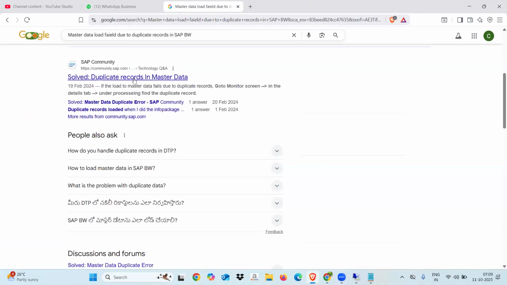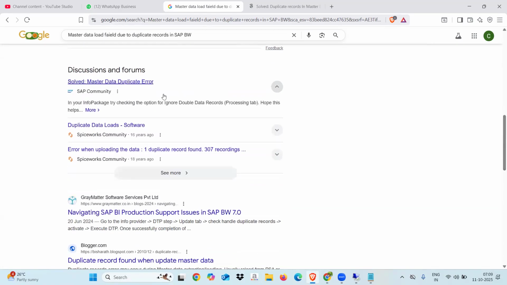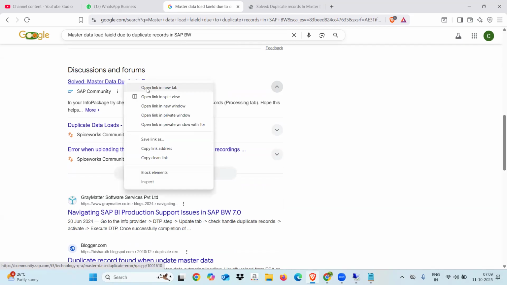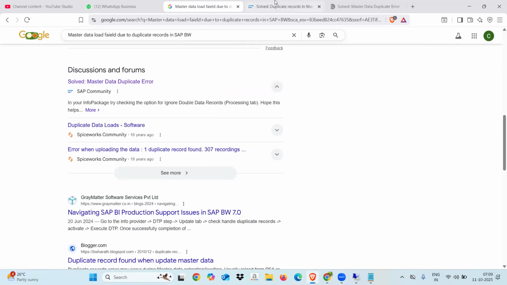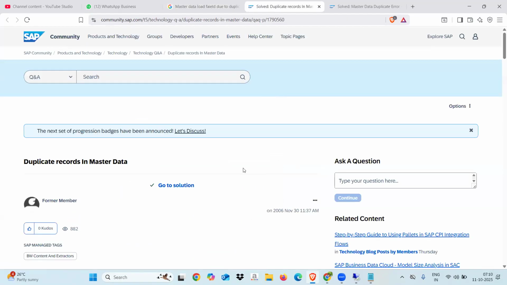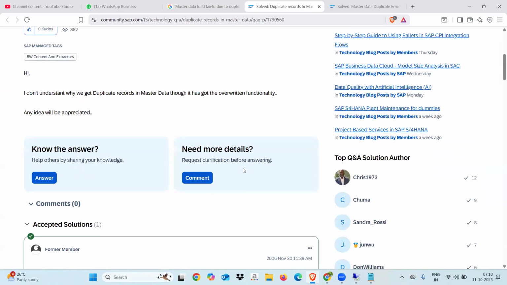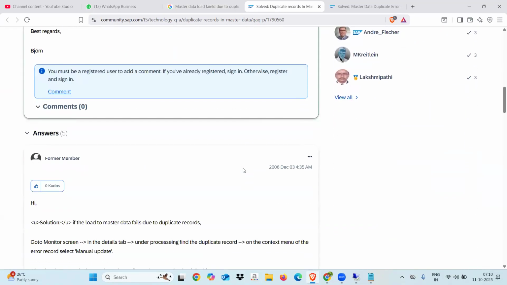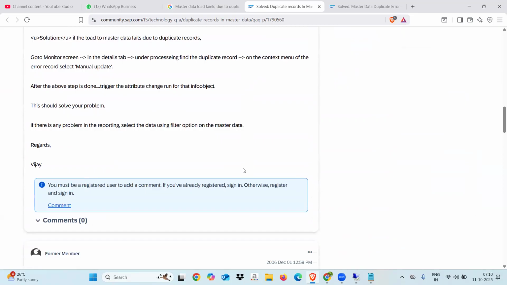So you can see duplicate records will come. Loaded data will come. At that time we need to select this option. And you can see here, the issues will be noted here. You can go here and check it. What they're saying, go to